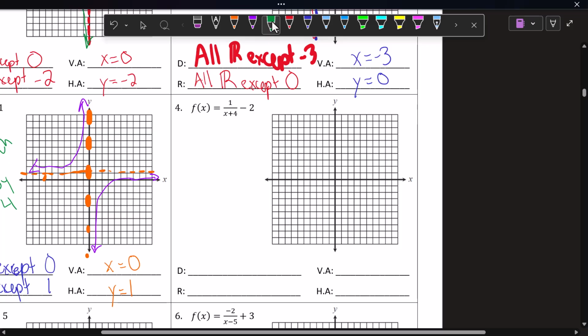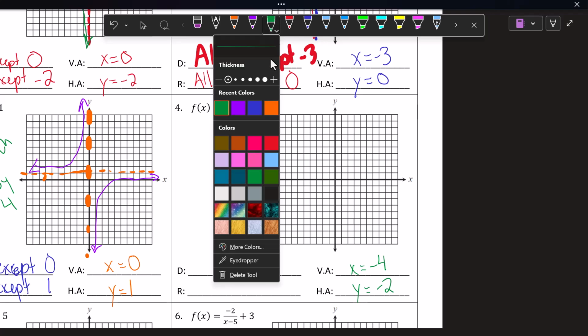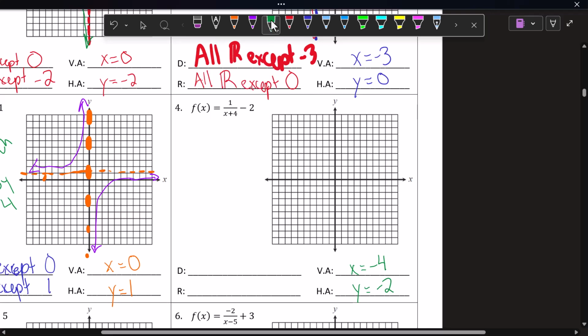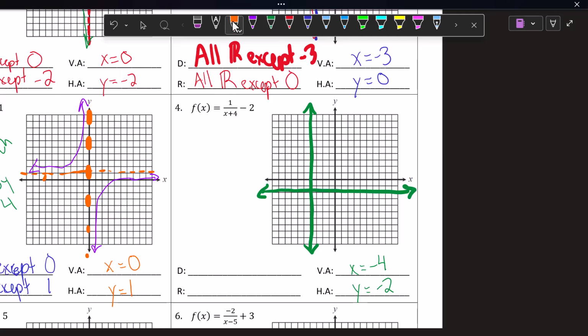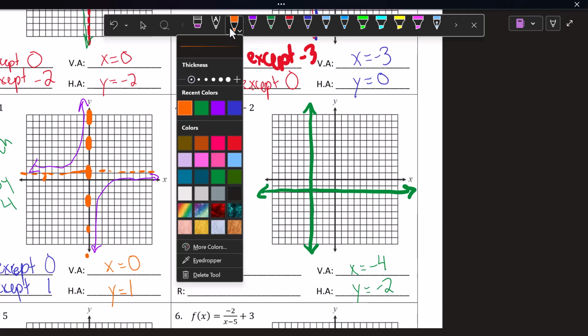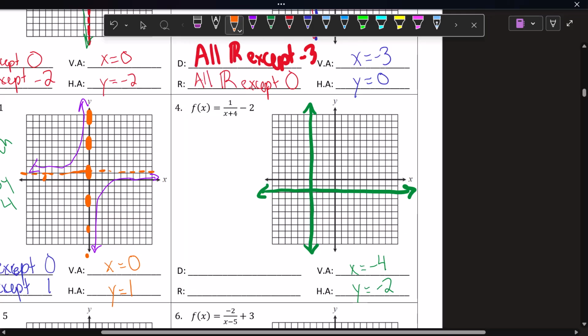Number 4, vertical asymptote is x equals -4, and our horizontal is y equals -2. So x equals -4. There's our vertical asymptote, y equals -2. There's our horizontal asymptote. So our domain is all reals except -4, and our range is all reals